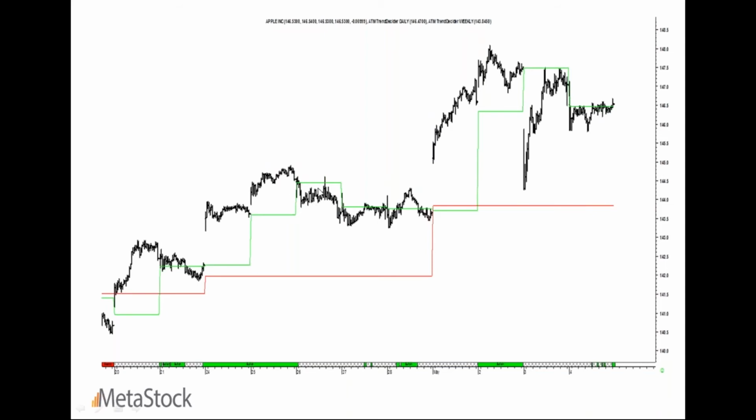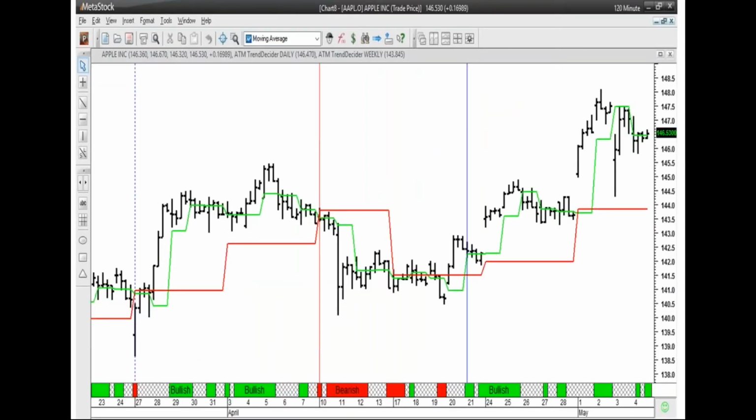And there's a lot of chop on this chart. It's not been an easy price movement here, but the fact that I'm above my weekly level gives me some sanity that the trend is up. So how do I pinpoint? So when you apply the template, you're going to get this bullish and bearish right at the bottom. It's automatically doing this integration. These rules that I just talked to you about, that price is above the daily and the weekly, and the green is above the red. When that happens, it's automatically going to stamp it as bullish. So it doesn't have to be detected by you. It's automatically detecting that. So that's where the trend changed.